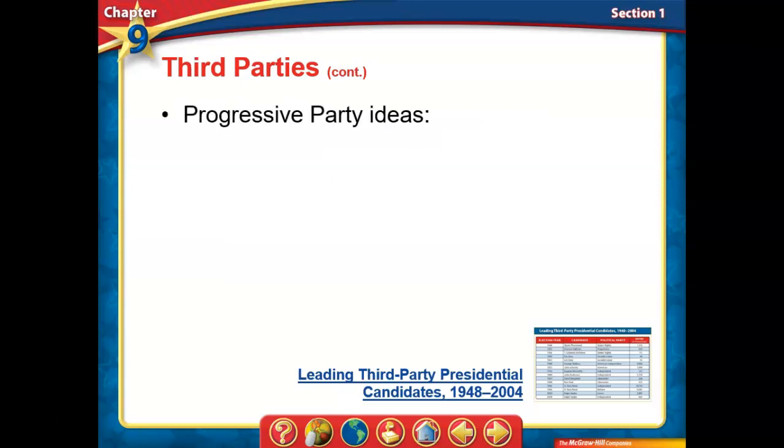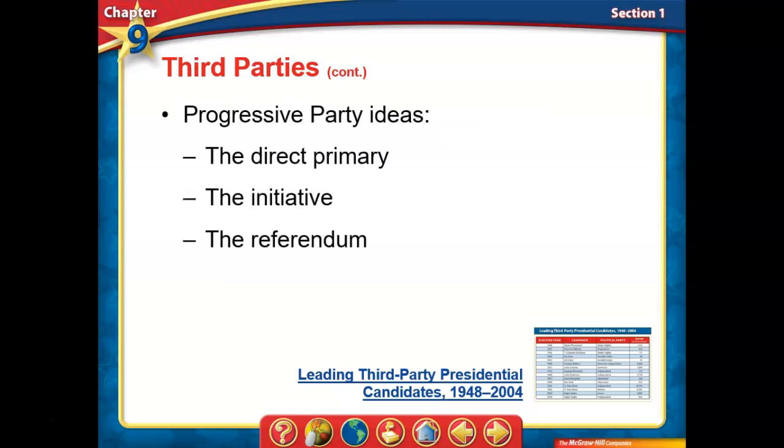That's one example. And then the last example I'll go through is the Progressive Party. Now, the Progressive Party, they formed in the 1920s. They were this kind of anti-founding father group that wanted to put their own twist and their own spin on the Constitution. And more importantly, when I say that, is they didn't think that the Constitution had evolved from 1789 to 1920 when they actually began. So because of that, they had three major beliefs, or three major things they fought for in politics. We have the direct primary, the initiative, and the referendum.